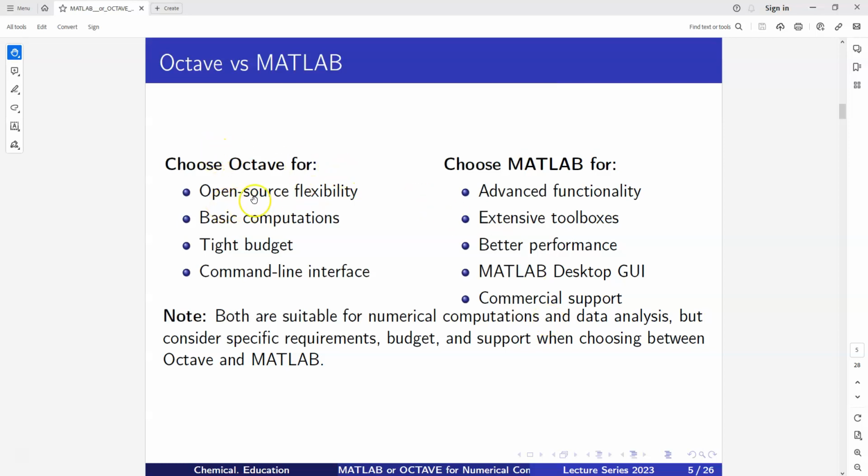Choose OCTAVE for open source flexibility, basic computation, tight budget, and command line interface. If you need all this, then you can choose OCTAVE. When do you choose MATLAB? MATLAB has advanced functionality, MATLAB has an extensive toolbox, it can give better performance, and MATLAB gives the